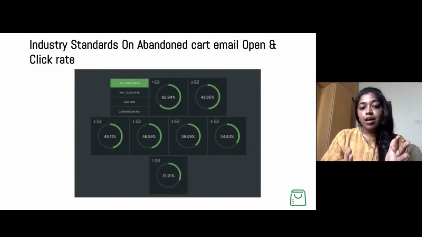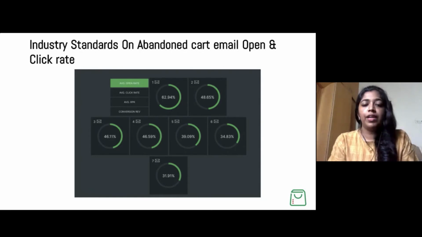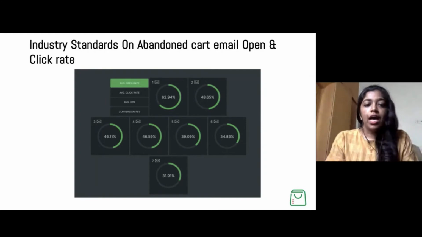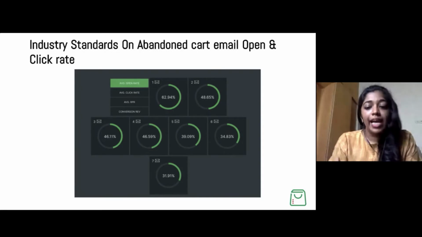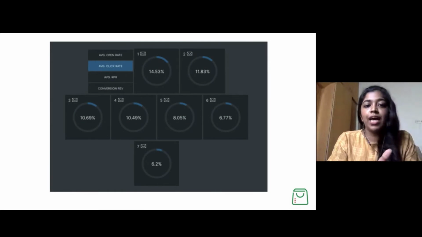Even if you look at your normal campaign emails, your open rate is somewhere around 20 to 30%. And your first cart abandonment email says 62.94%. That is extremely high. You're not going to get that sort of open rate for any of your other emails. And this is about open rate, but your average click rate is also extremely high. As you can see, your first email has an average click rate of 14.53%